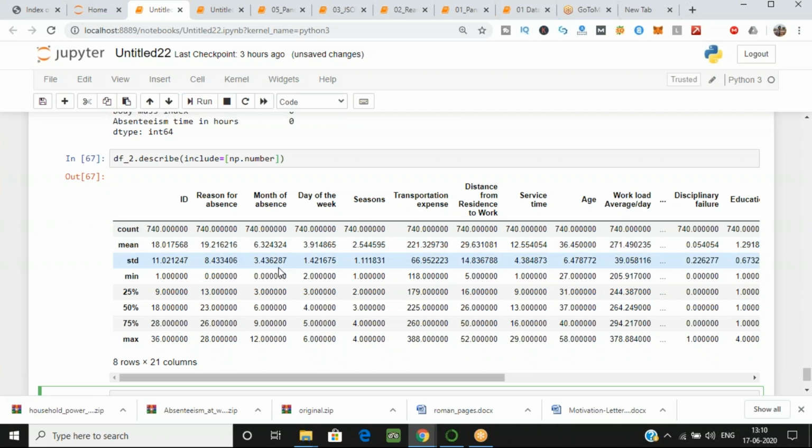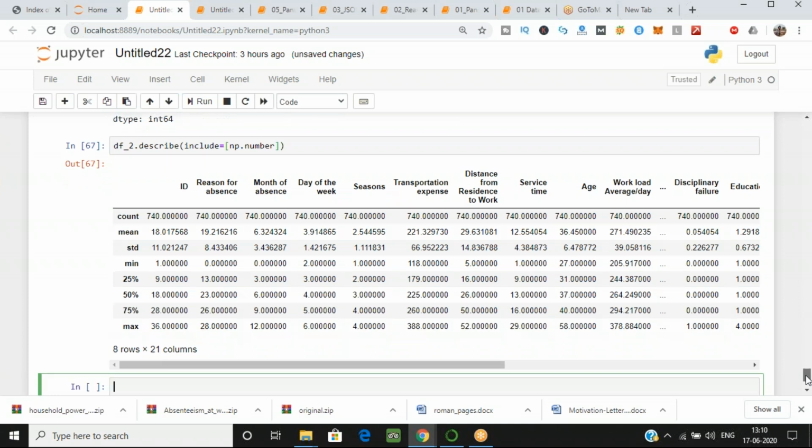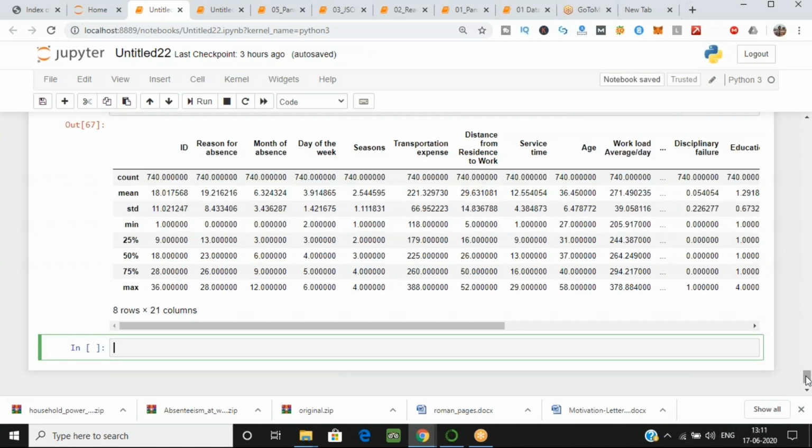Now this database you are having does not occupy much space. But if you are working in a company or on a good machine learning project, then you are having a large data set. So I want to decrease the size of my data set also. How can I decrease that? First I have to find what memory usage each data type is using. Okay, so let's first find it out.